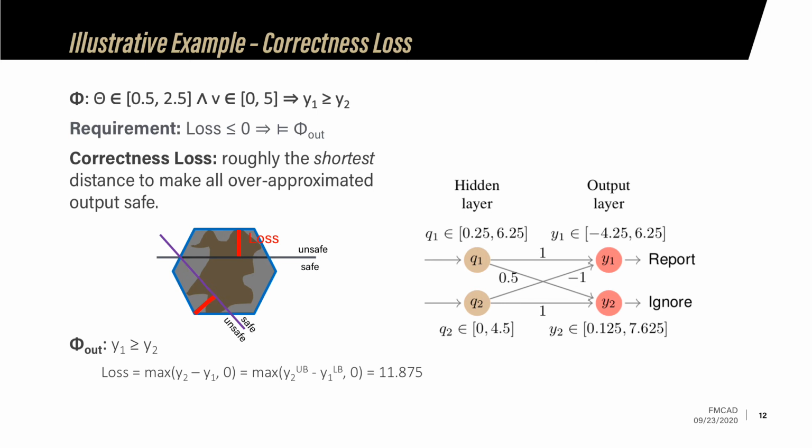In practice, we allow different combinations of the two or multiple losses. It can be the max of them or the summation of them, as long as the requirement that loss less than or equal to 0 implies that phi out holds is still satisfied. Moreover, all of these correctness loss functions are defined using basic differentiable computation operations. Therefore, they can be plugged into the existing training frameworks like PyTorch in a pretty straightforward way, where the auto differentiation technique is also provided.